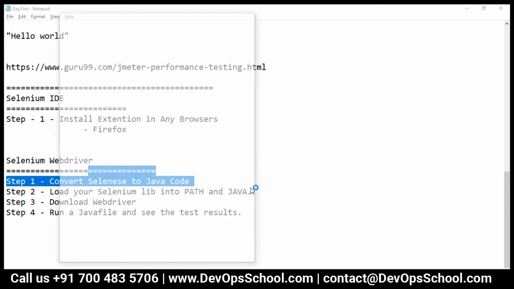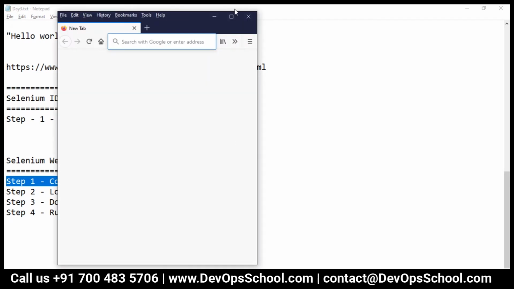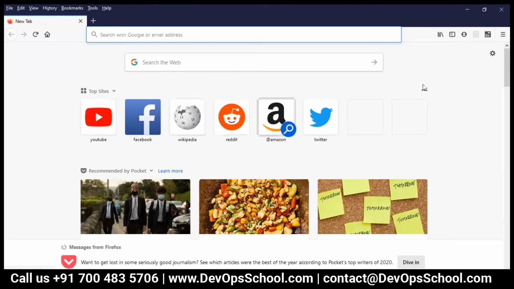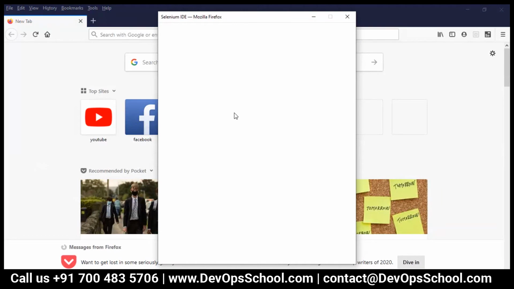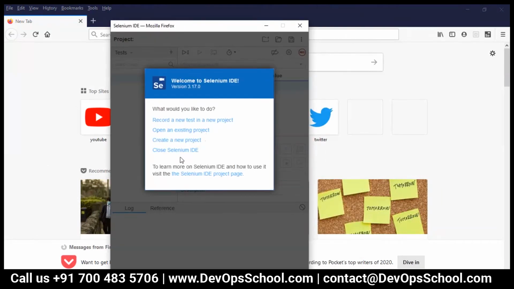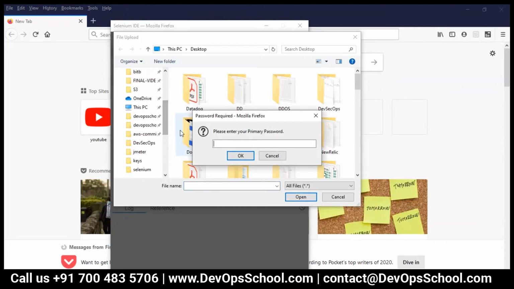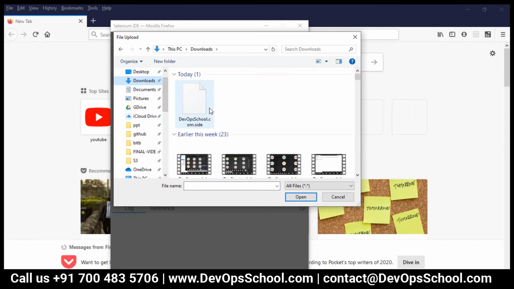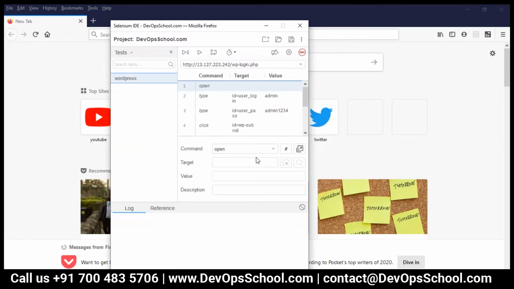So here I have got the browser. I open up this Selenium. Here, look at my screen very carefully and open up my existing project. Go to the download section. This is the project which I downloaded. I hope you remember. Now what I will do, guys, this is a script, one test. Right click and click on the export.